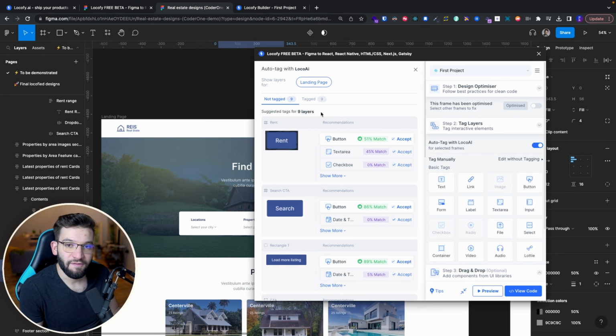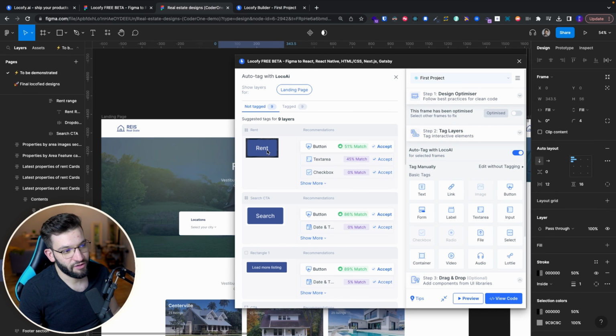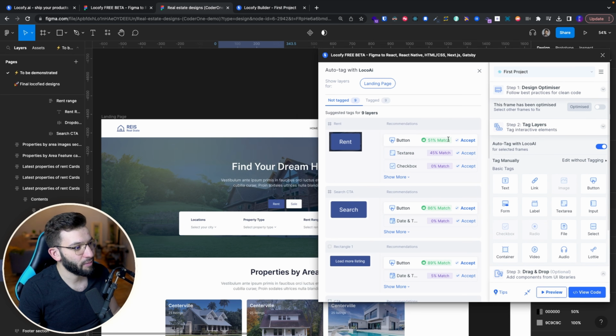So that's why if it misses something, you can just go ahead and use the manual tagging. You can do it by yourself, but you still have the chance in here to run the AI. It's going to save you a lot of time as well. So for example, since the ramp button here has been selected as a button, you can just do